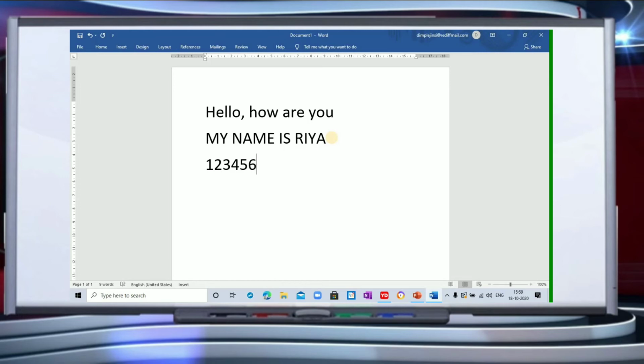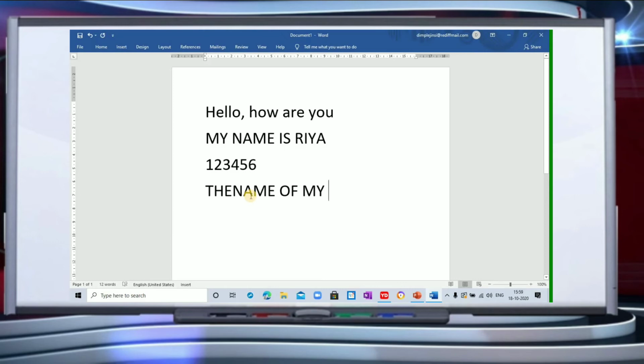And if you have to type something like I'm typing the name, okay, now can you see the and name? I have not used a space bar.